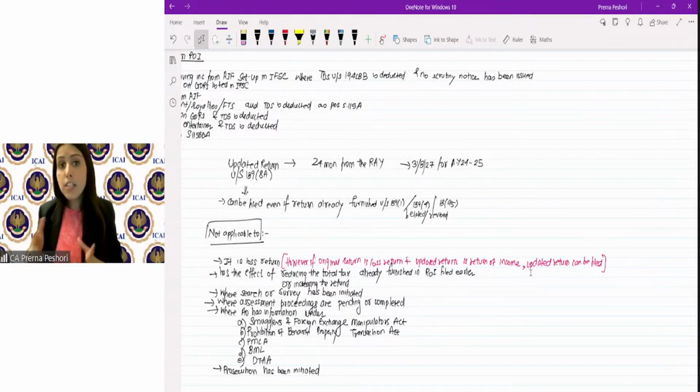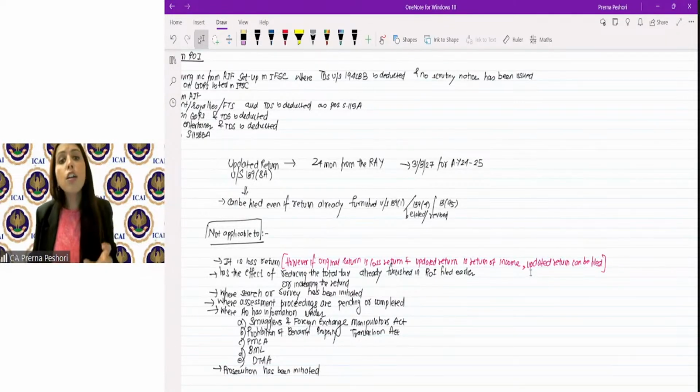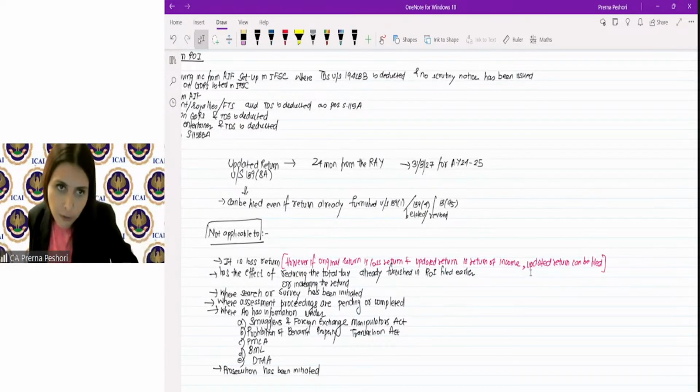And if you convert your loss to income and the subsequent years' returns also get affected because you have claimed those losses in subsequent years, then you are required to file the updated return for all of those years, wherever the loss or any tax credit has been claimed, which is getting impacted now, or if it has the effect of reducing the total tax or increasing the refund